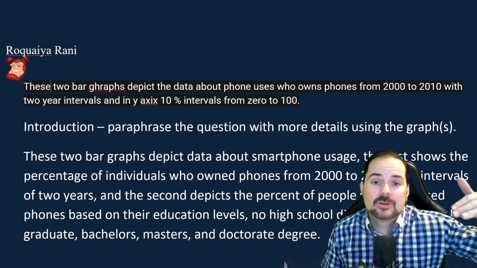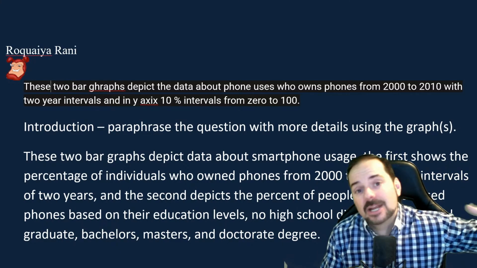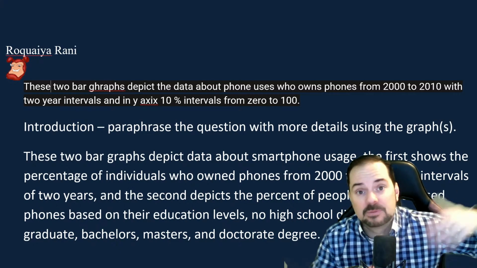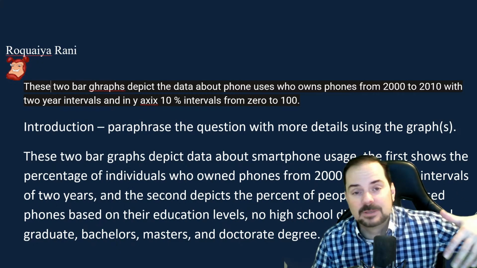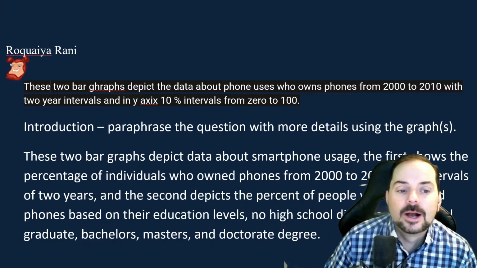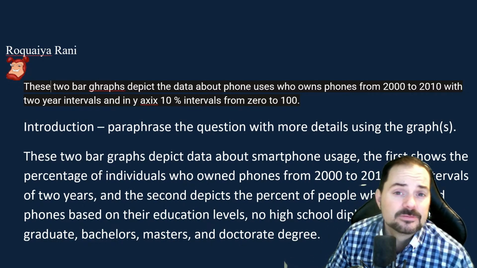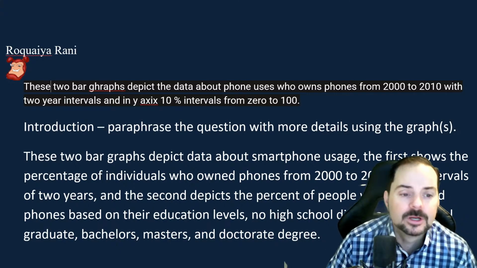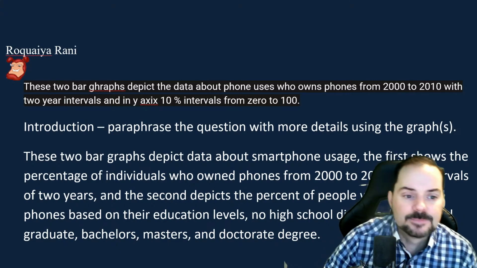When they're looking at your answer sheet, they're not actually looking at the graph. It's not going to be below for the examiner. It's going to be maybe completely on another table, okay? So don't refer to the location of a piece of paper or a drawing, okay? All right, so Rakwea, these two bar graphs